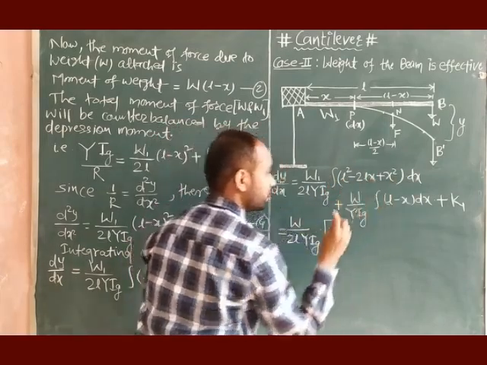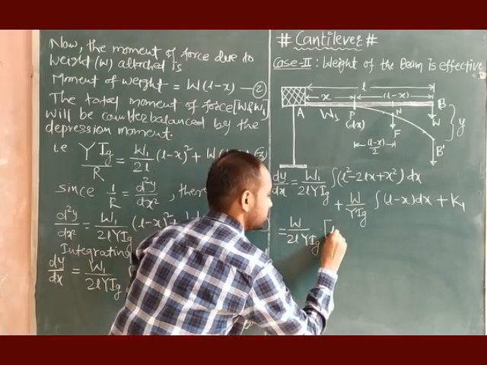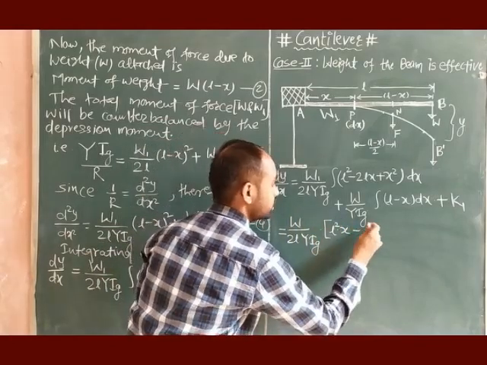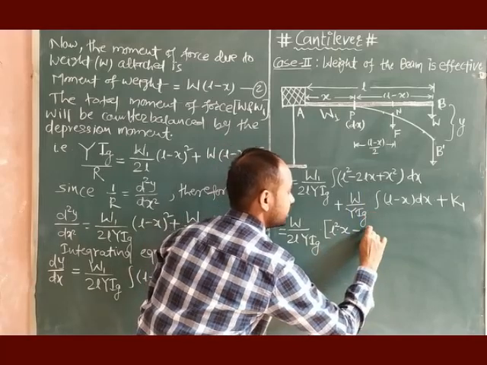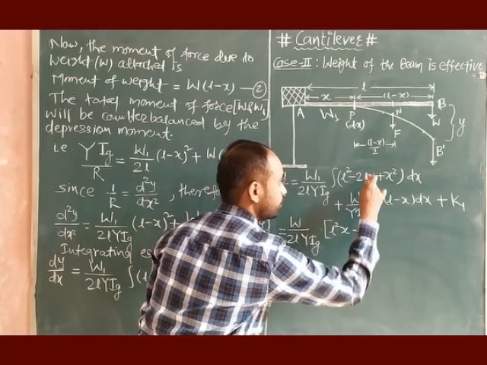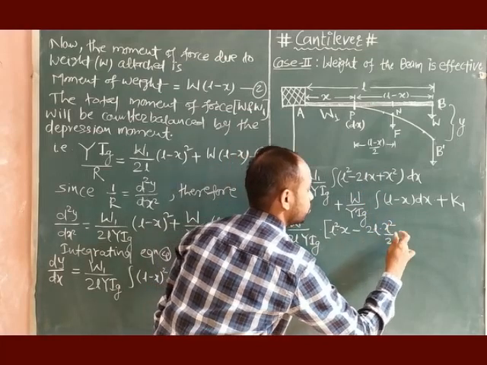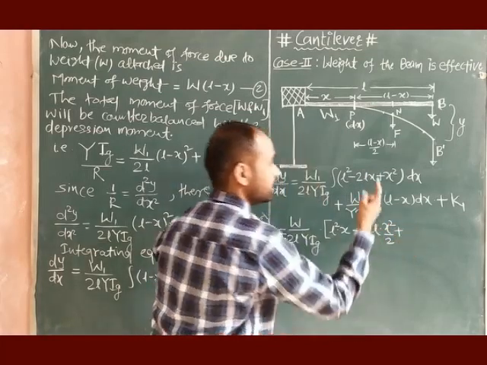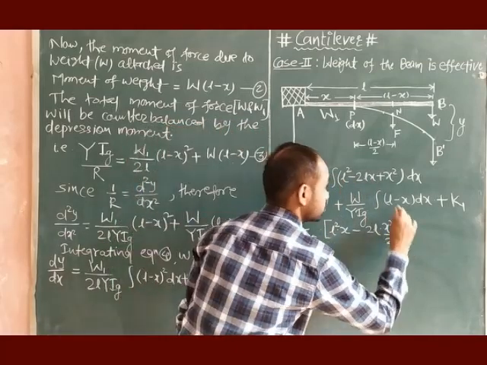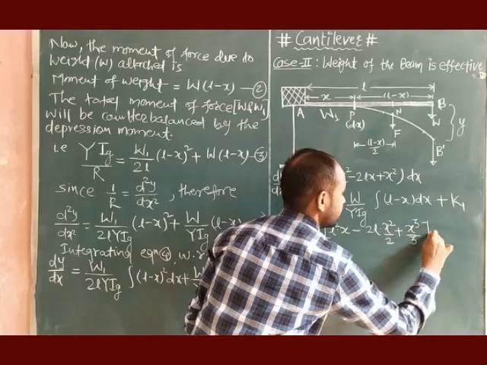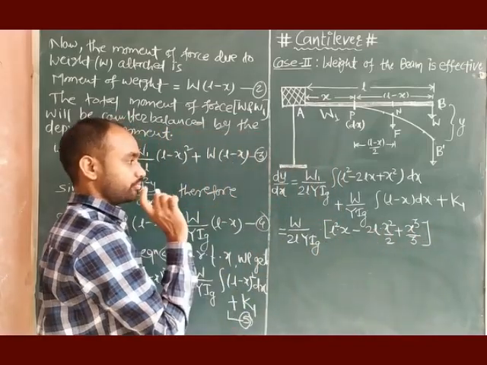So integration of 1 dx is x, so it is L square into x, minus 2, L is constant, but the integration of x is x square by 2, plus again integration of x square is x cube divided by 3. So this is what integration of the first term, plus